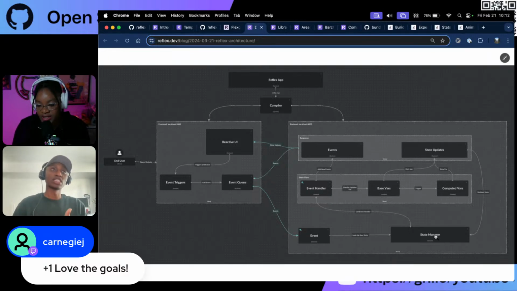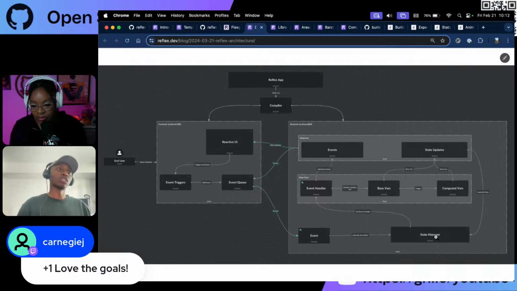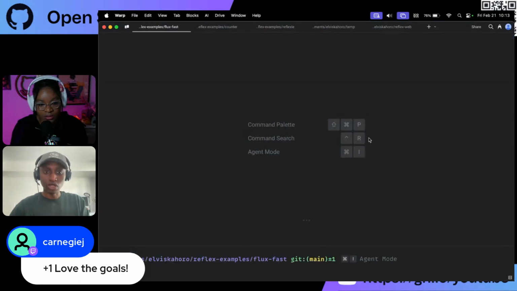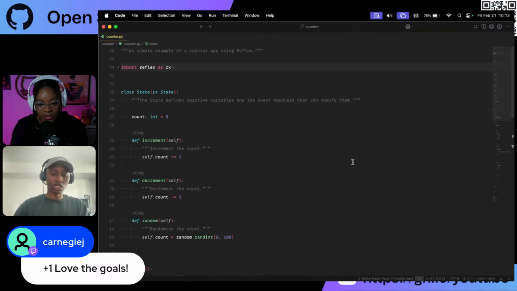And the nice thing is that they manage building out an event queue. So you can have async operations, and you can have multiple things still outputting. It's really flexible. And the cool thing, let me go to some code so I can show you how this works. So if you open up this counter app,